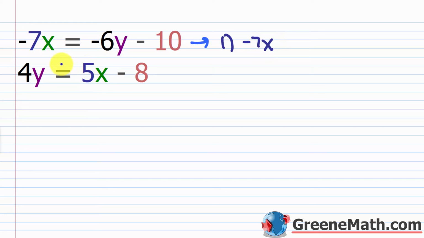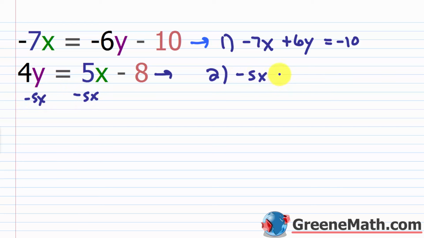I would add 6y to both sides, so plus 6y. And this is equal to negative 10. Okay. Then for my equation 2, I would have what? I would subtract 5x away from each side. So I would have negative 5x plus 4y is equal to negative 8. Okay. All right. So now that we have this set up, we want to think about how we can eliminate